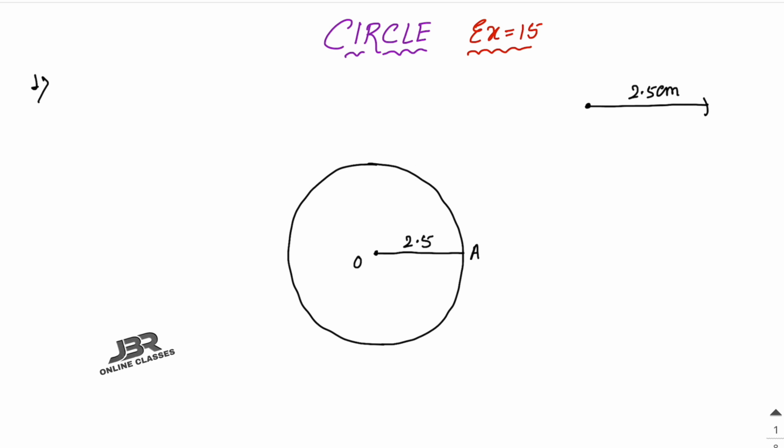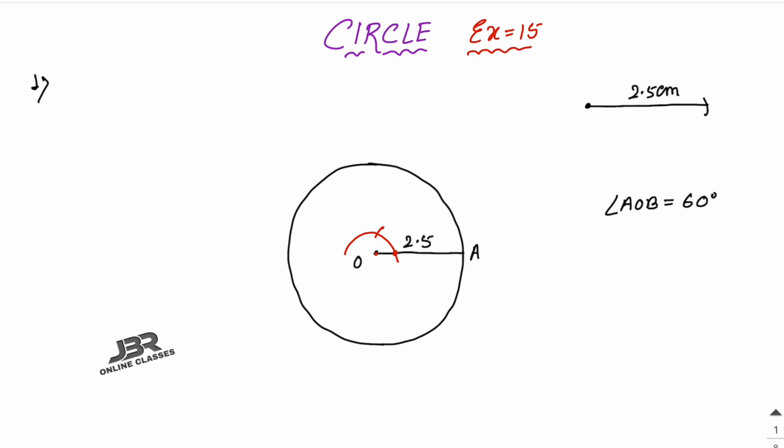Suppose let this be O and put it here A. Draw two radii OA and OB such that angle AOB equal to 60 degree. Okay, so that means again you have to put your compass in the center and then draw an arc here, and I know you know how to draw the 60 degree. Then put your compass again in that point and cut the first stroke, that one equal to 60.